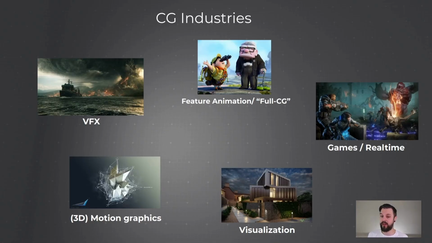Moving on, there's also visualization. So this can be, for example, automotive or architecture visualization. Their goal usually is absolutely photorealism. They also often use different renderers, for example, because speed is even less important for them and quality even more important. And stuff like light reaction can even be needed to be very close to reality to judge certain kinds of behaviors in the real world. Visualization also can be package shots. So stuff like rendering of a product, for example. This would also be visualization. And roughly speaking, the main goal is not entertainment in visualization, but selling something.